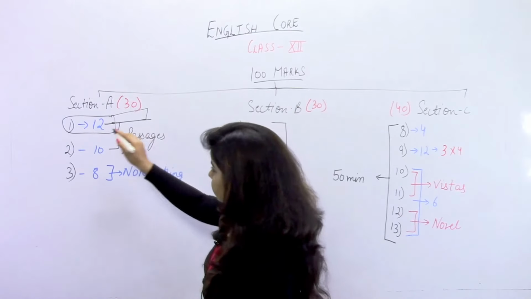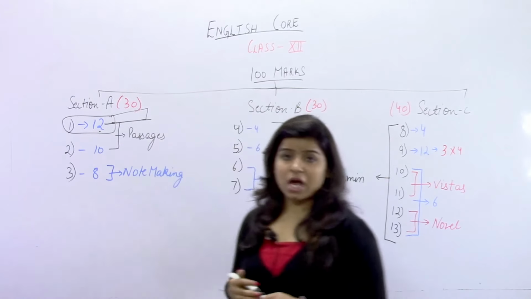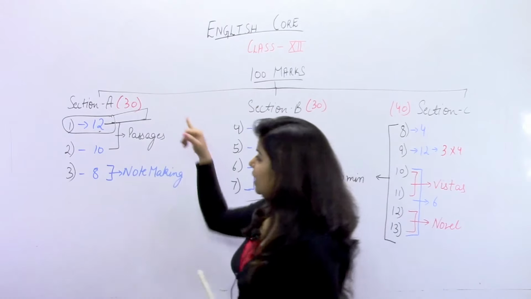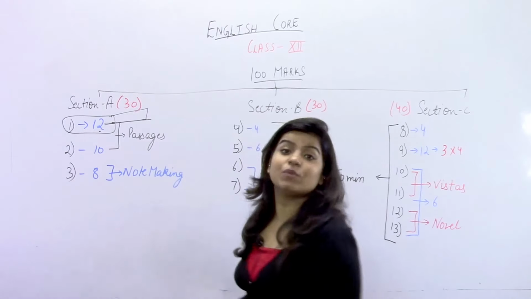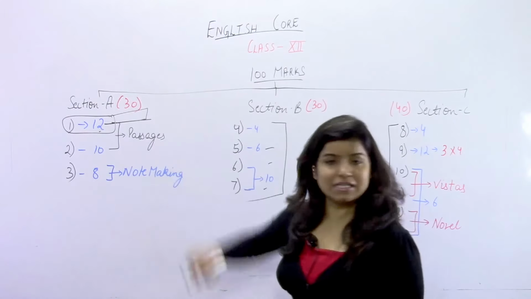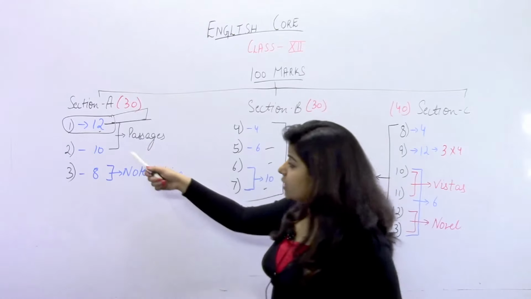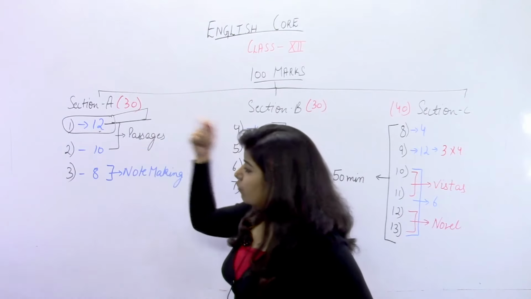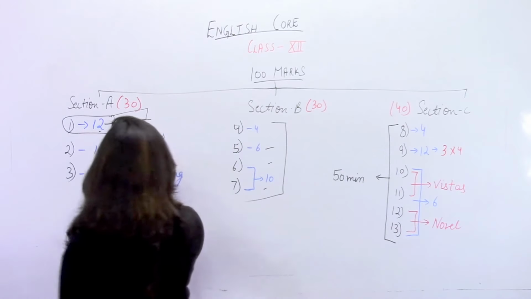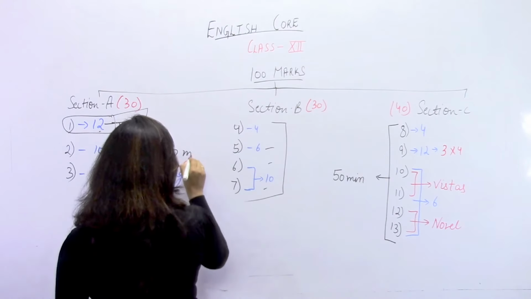So what? For question number 1, again we'll be providing it 5 minutes, and at this time we'll be revising our answers and then we'll write. So within a span of 7 to 8 minutes, we have to complete this question right now. Next, moving on to the second question, for 10 marks, what we have to do? We have to provide this question with 15 minutes.